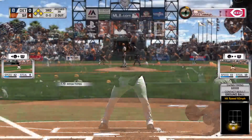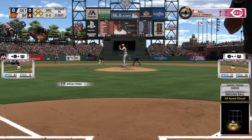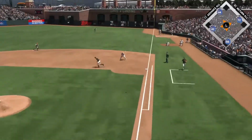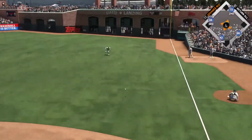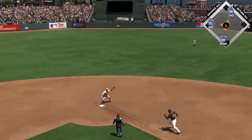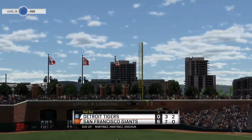Into the box now, Denard Span, 8th batter of the inning now with the bases loaded and 2 away. Becomes set. Here's the 0-0 pitch. Popped up. 1 run scored, and that's in there. Base hit. 2 runs are in. The tag, and they'll get him at second. And with that,